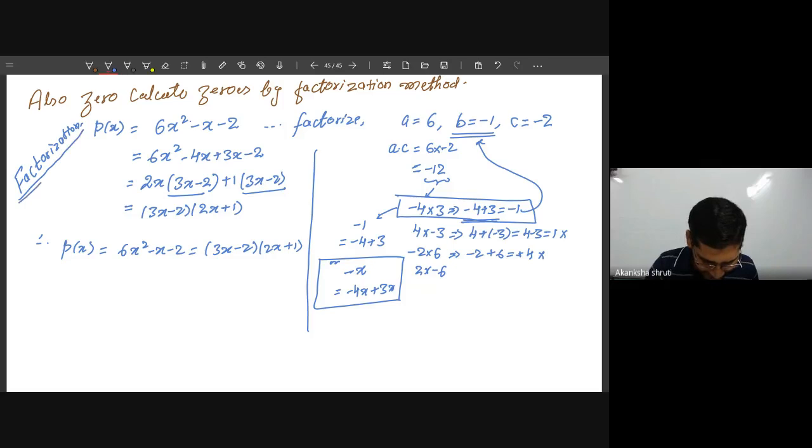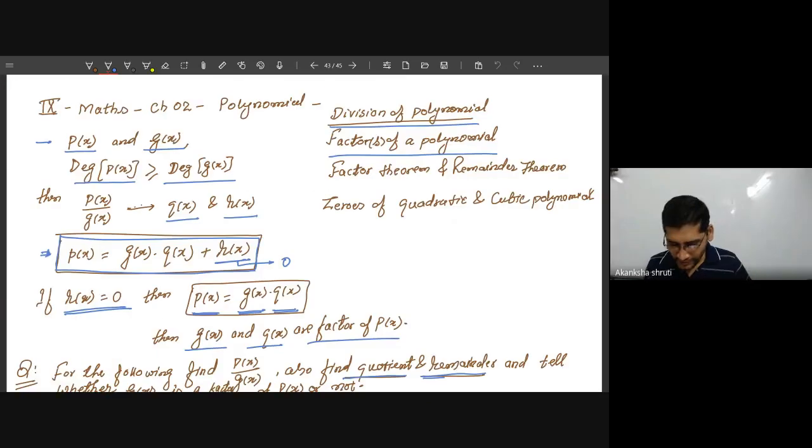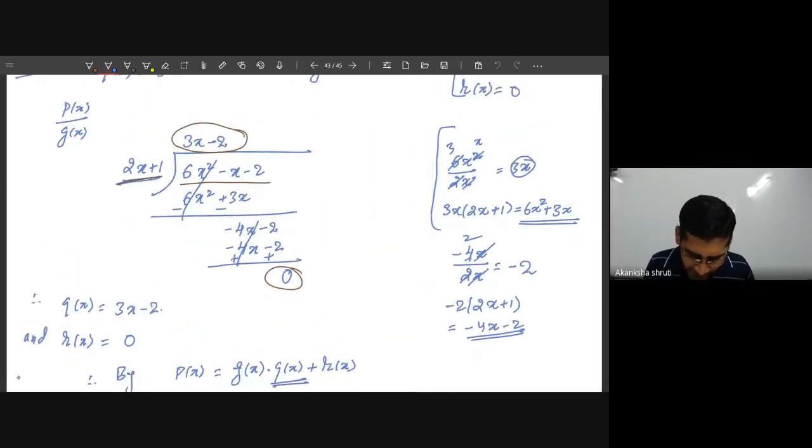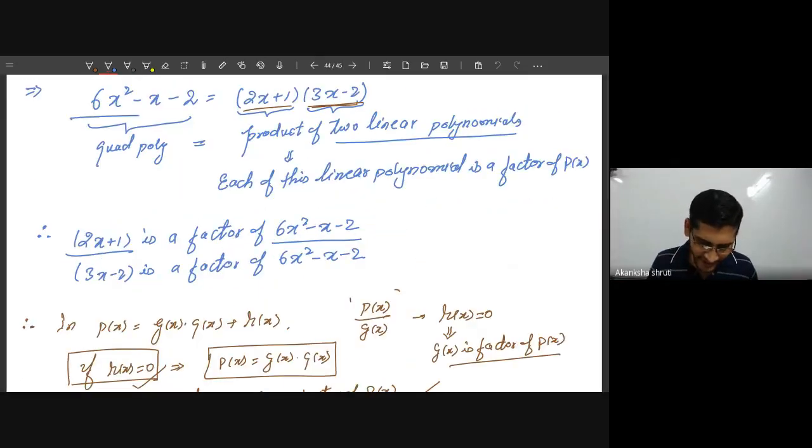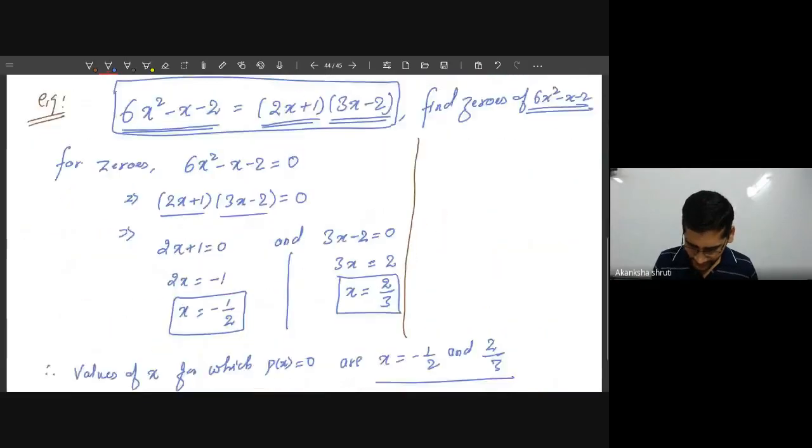Students, by the division method, where we considered one of the factors, or say one of the polynomials, as 2x plus 1, we were getting the other polynomial, the same factor. Okay, so this means the division method can also be used to get the factor if one of them is known and on dividing, the remainder comes as 0. Okay, students, that is the lesson learned we have to keep in mind. See, the same thing we have written by applying the division method. It was this one. The same thing here we have obtained.